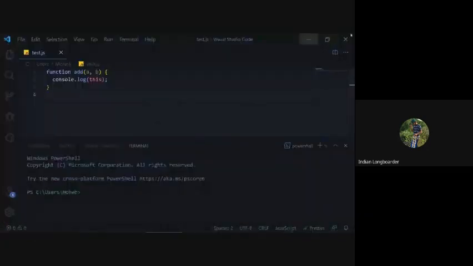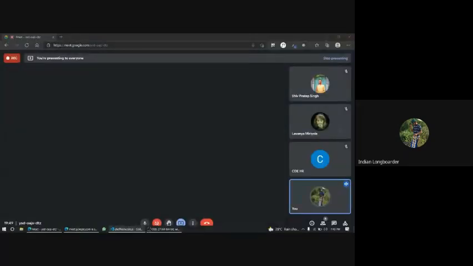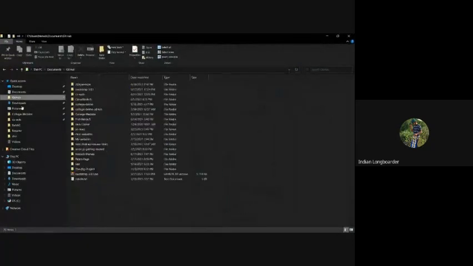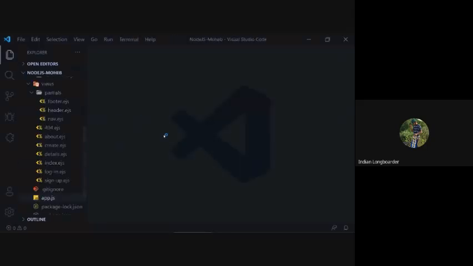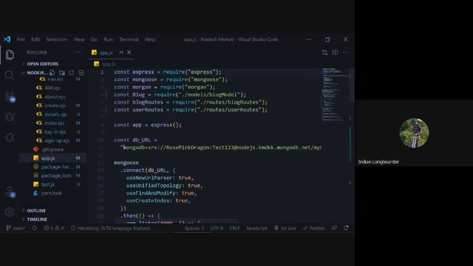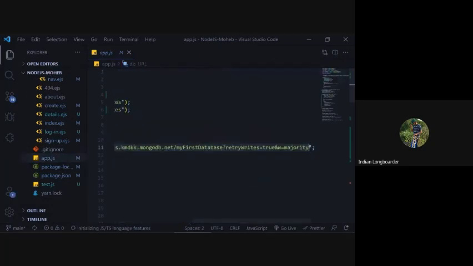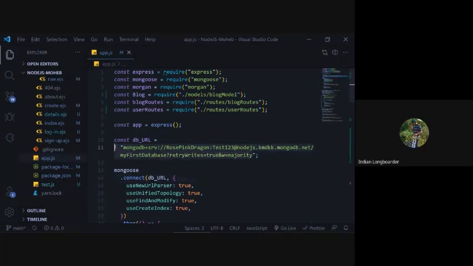So let's just close this. We don't need this. I have one more VS Code. Okay, this is not the one that we are looking for. Okay, so I will open this up. Okay, so this is our current state, and you see these things. This thing that is your URL and all. Okay, so this is your MongoDB URL. You don't want to share it with others. This is your security concern.